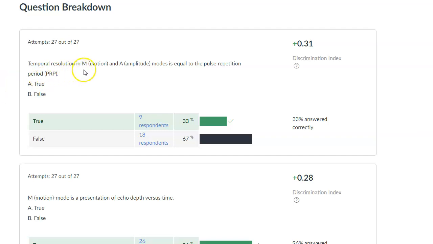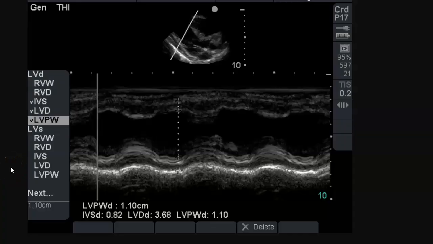Temporal resolution in M motion and A amplitude modes is equal to pulse repetition period, and the answer is true, and we're probably going to need a couple of pictures to explain why. So first of all, in M mode ultrasound, when we're looking at the M mode, which is on the bottom of this, we are looking at a single scan line that is repeated in the same position moment after moment throughout time. And so in this image here, we're seeing that it's 10 centimeters deep,